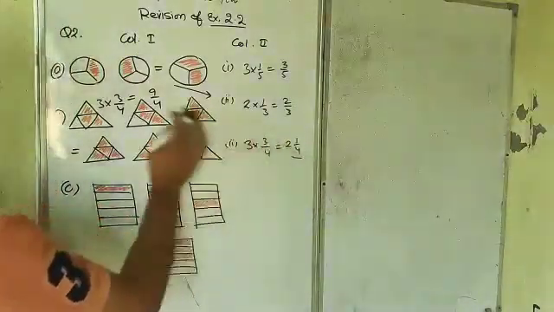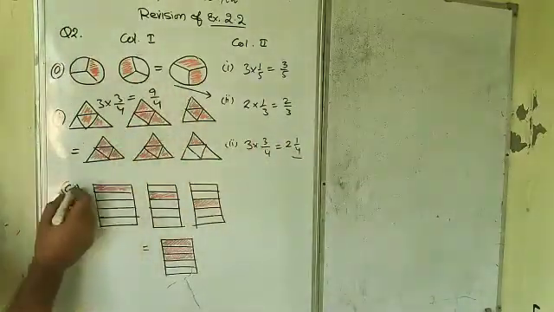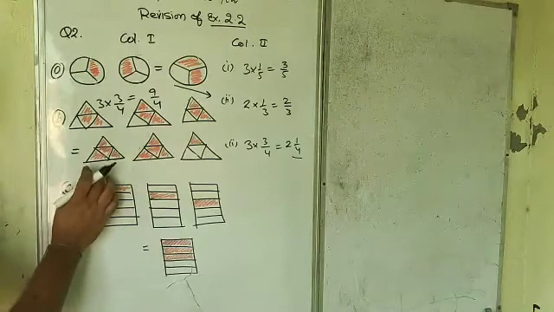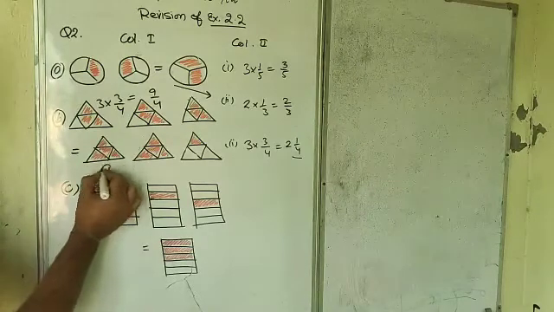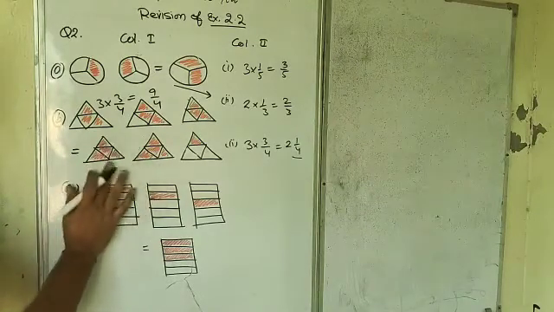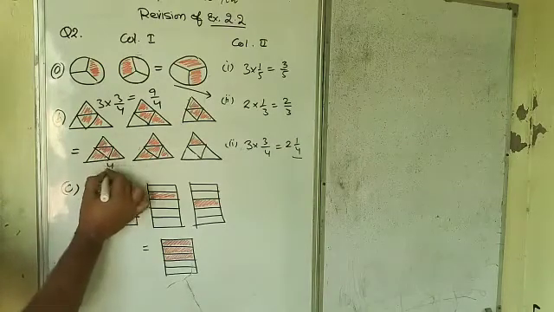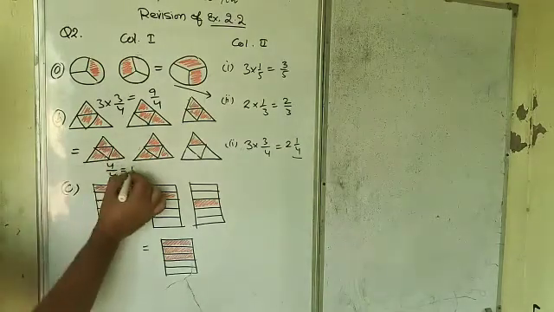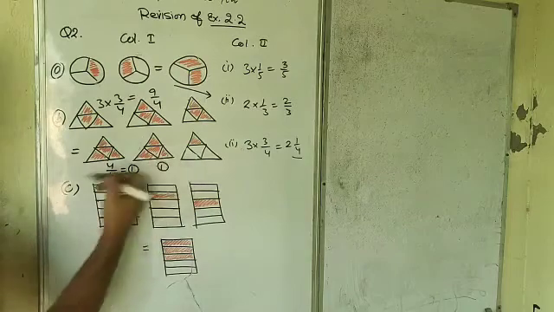This is a mixed fraction. So we have to divide it into 2 different values. So it is simply representing 1 whole. 4 out of the 4 parts are colored. Look at this. 4 out of the 4 parts are colored. It means it is representing 1. Similarly, it is also representing 1.